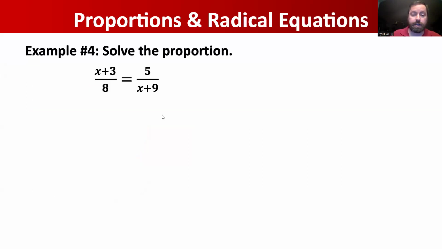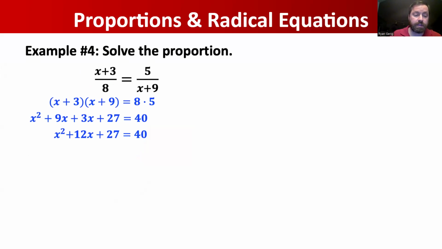With proportions, we cross multiply. So x plus 3 times x plus 9 equals 5 times 8, and we'll write that out. X plus 3 times x plus 9 equals 8 times 5. Well, do you remember how to multiply two binomials? That was FOIL. We also did a box method there. X squared plus 9x plus 3x plus 27, and then 8 times 5 is 40. If I combine like terms, I get x squared plus 12x plus 27 equals 40, and you see we have